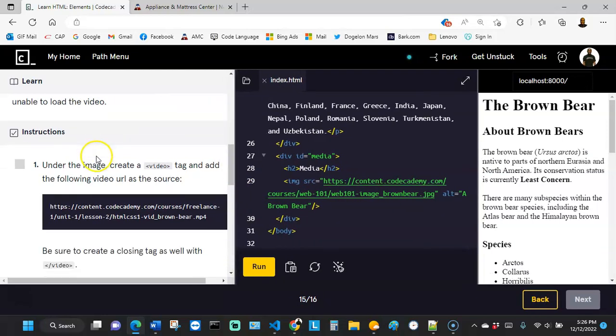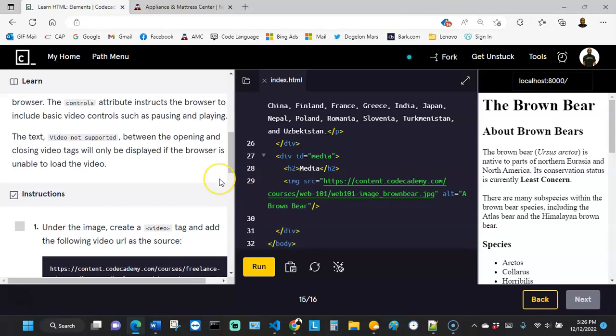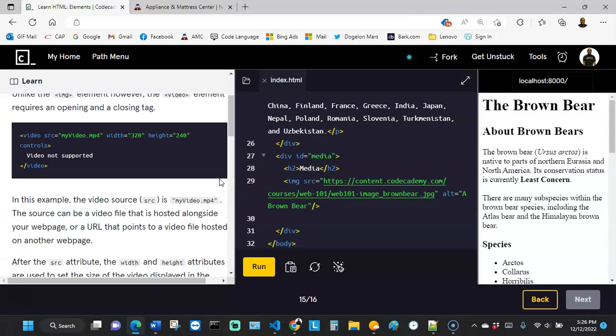Here, the instruction says under the image, which is right over here, create a video tag and add the following video URL to the source. So if we look at our video tag here, we're going to start off with video opening, and then we're going to close this one right here. Now inside of it,